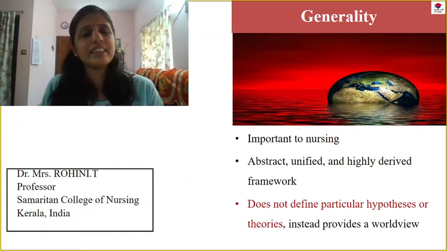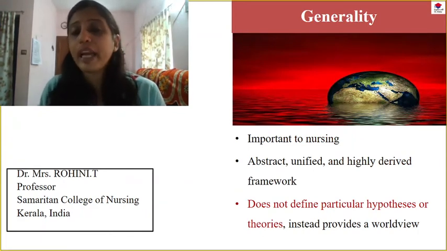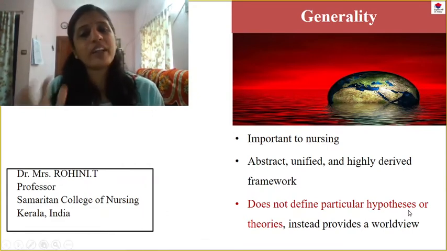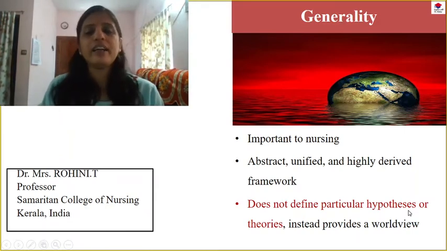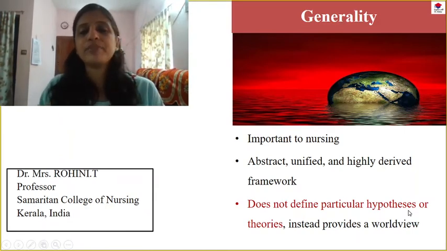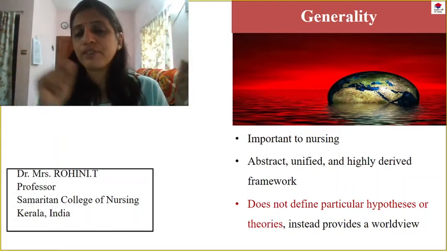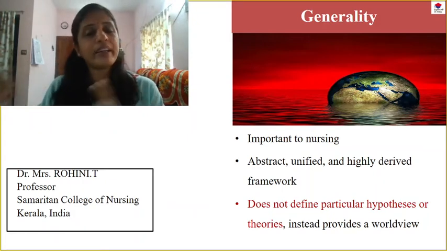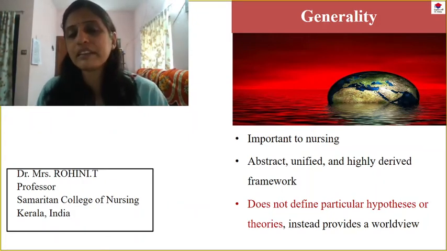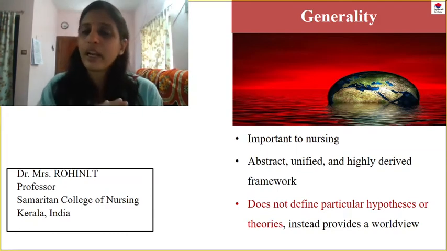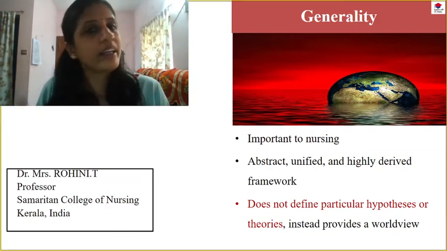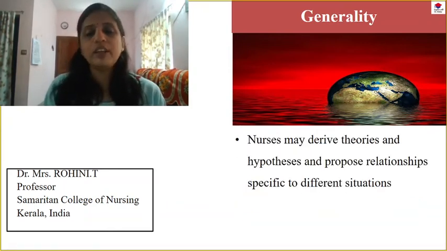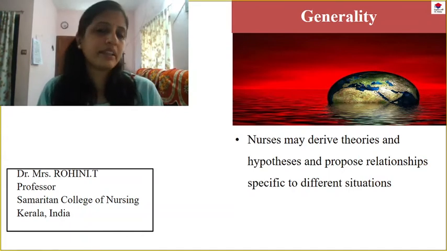Generality: this is a theory which can be applied anywhere for any type of people. But the only thing is that it's very abstract and it does not have a specific hypothesis. Now there are certain middle range theories which come up with very specific hypotheses, from which you can convert into propositions. Propositions you can convert into hypotheses and you can test that in research. But with Rogers' theory, the generality is that you can apply this theory to anyone anywhere, but the problem is that you don't have a very specific hypothesis. But let me tell you one important thing.